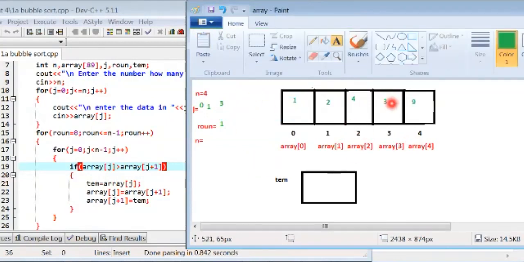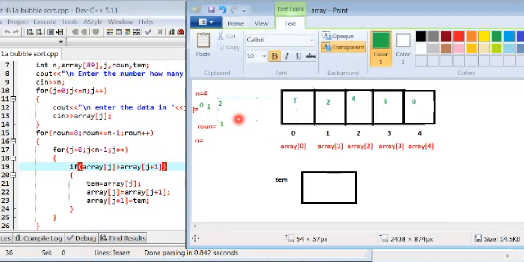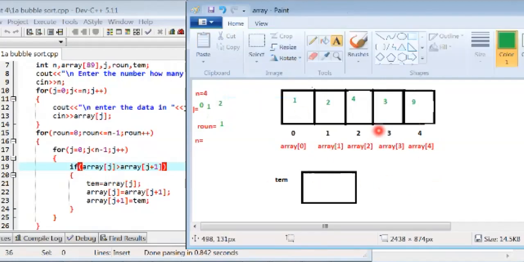The value of 2 is 4 and the value of 3 is 3. The 4 is greater than 3, then they are swapped.